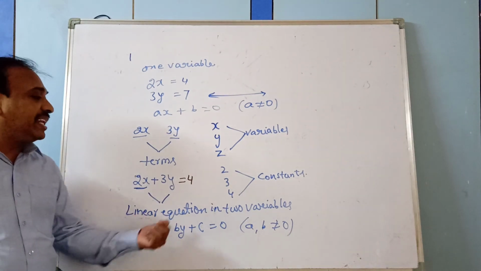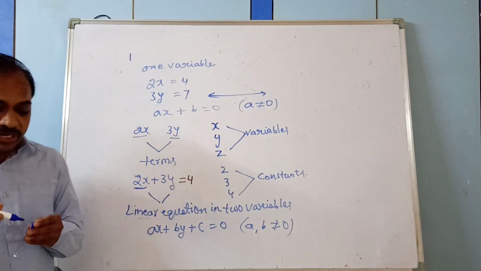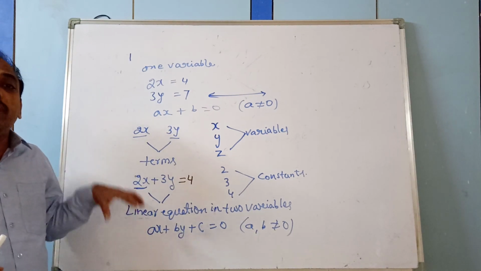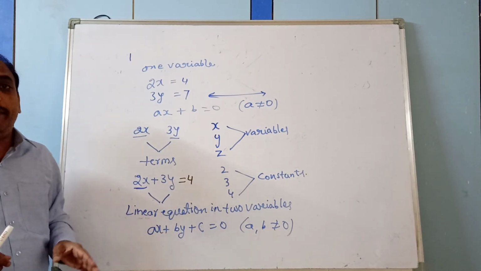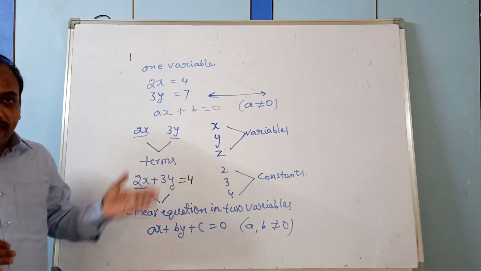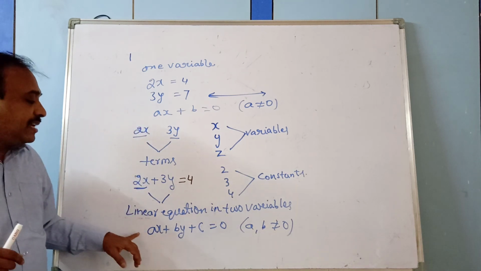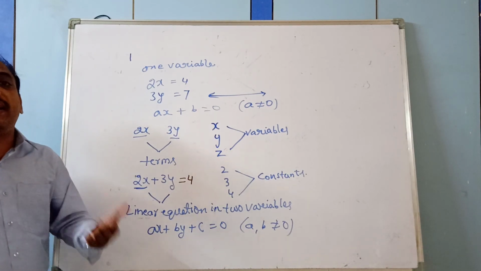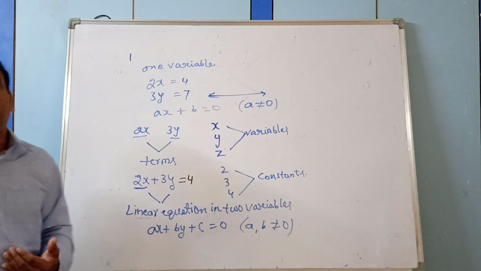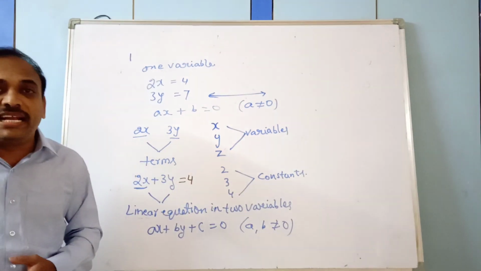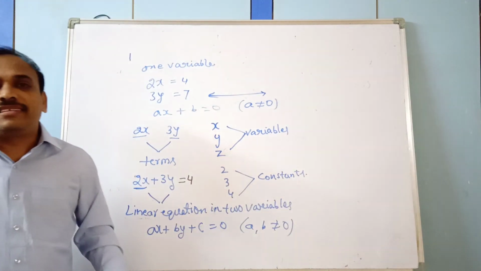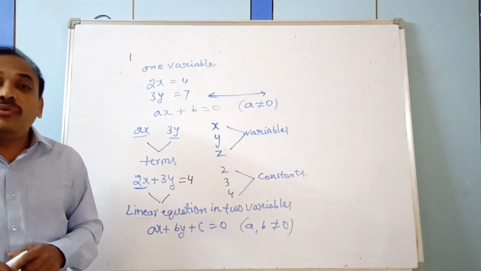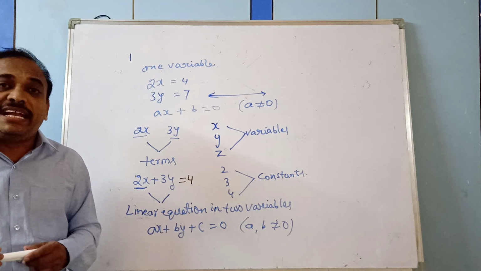This linear equation in two variables, we have learned how to represent graphically, as a straight line, a standing line or vertical line, whatever it is. How to represent that we discussed in class 9. So now in class 10th, I hope you came to the topic. Which topic are we going to deal with today? Yes, exactly, you are right. That is linear equation in two variables.